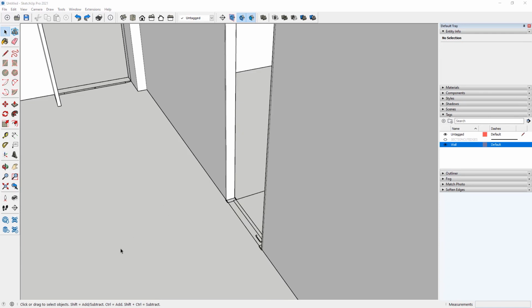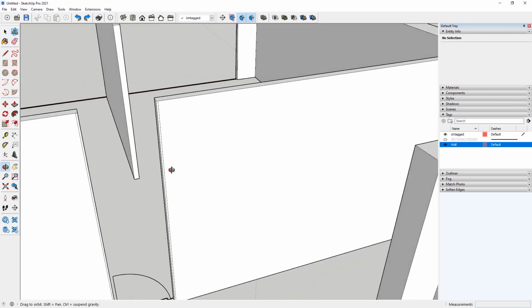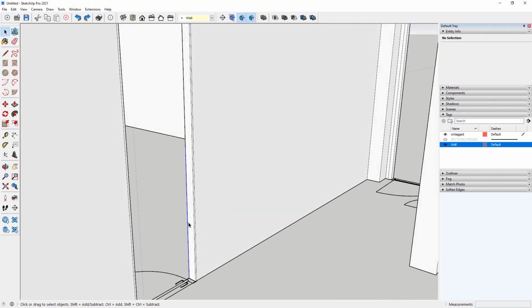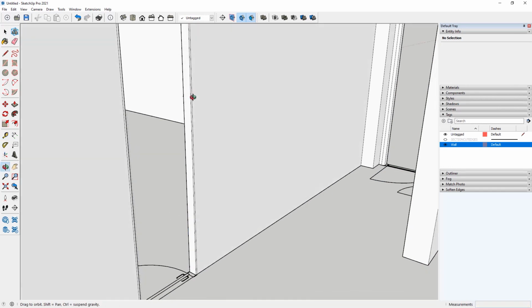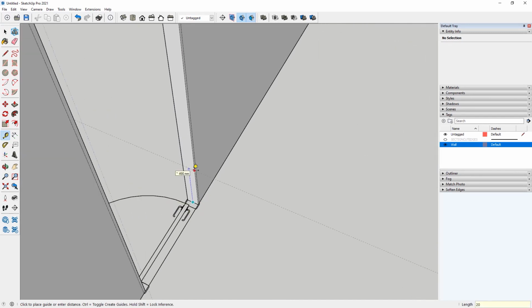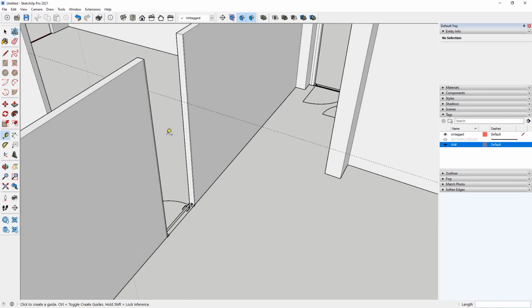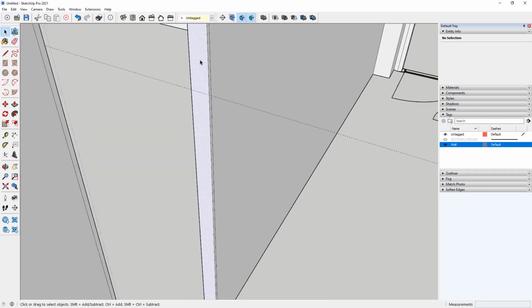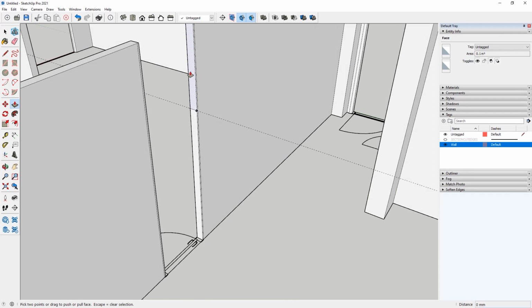The same process we will repeat for the doors. So we have two doors, the one inside and the second one is the entrance door. So we will start with drawing the reference line at 2000 millimeters. Let's repeat again, but from the middle, 2000 millimeters, and now we can use it to draw the line, and we have finally the possibility to add push-pull to create the top wall